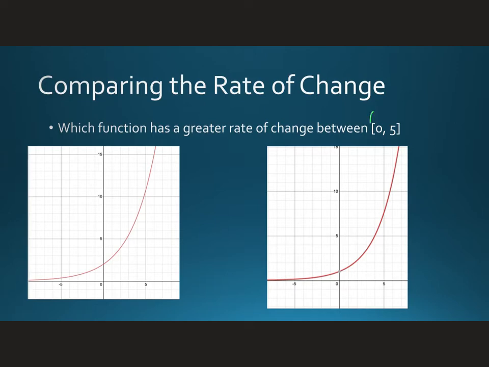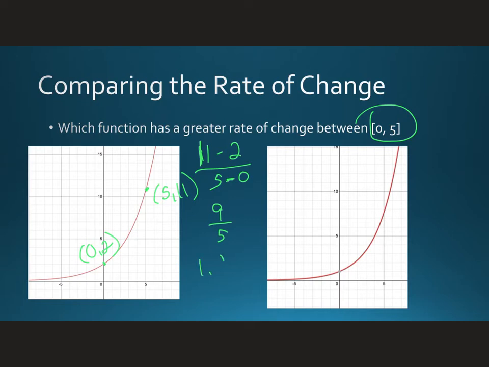So we're looking at the rate of change between, once again, 0 and 5. So on this first graph, my point is (0, 2). And then my point here at 5 is (5, 11). So I'm going to use change in y over change in x. So I have 11 minus 2 over 5 minus 0. So that gives me 9 over 5, which I can leave that way, or I can write